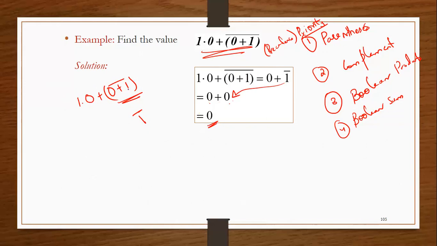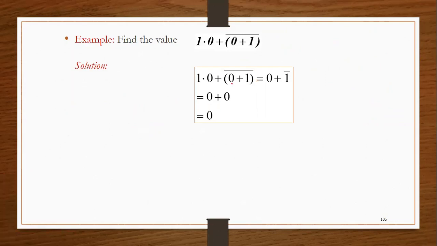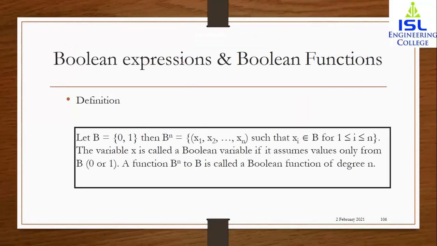After solving this, I got 1, then I have to solve the Boolean product. 1 bar will be 0, and then you have to solve the Boolean product, which will be 0, and 0 plus 0 is 0. Okay, so let me just write what you are supposed to solve first. First you'll have to solve this part. Then when you get the result for that, because you have a complement, you will have to solve this one second. Then third you will have to solve this, and then finally you have to produce the sum, which is fourth. So this is the precedence or the priority given to Boolean operators.